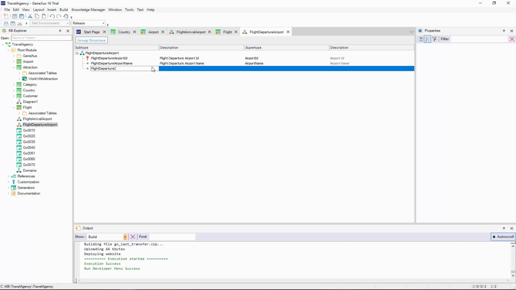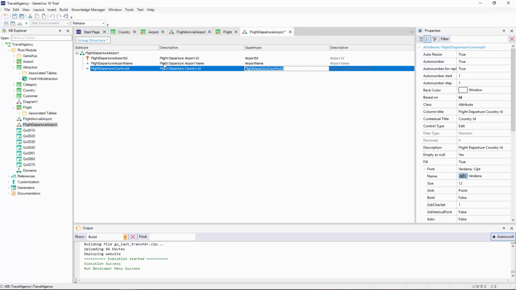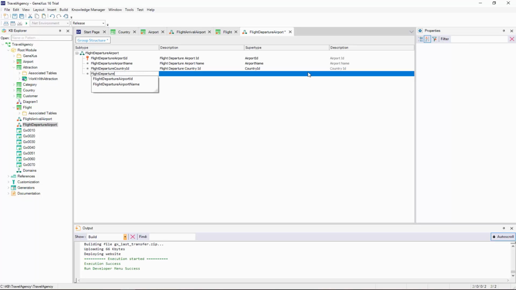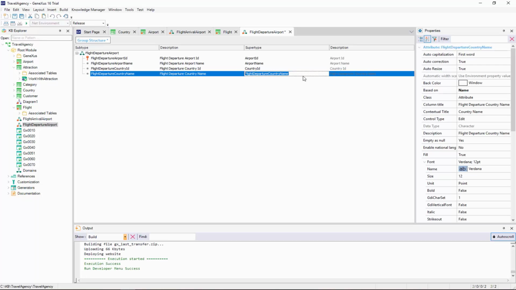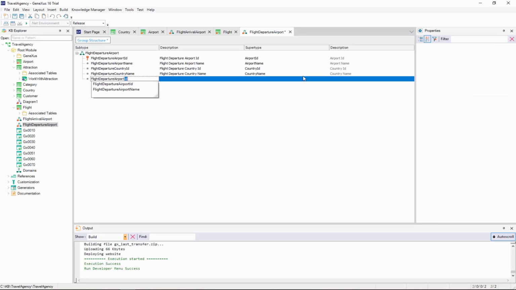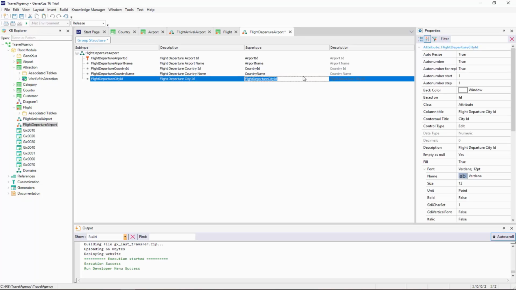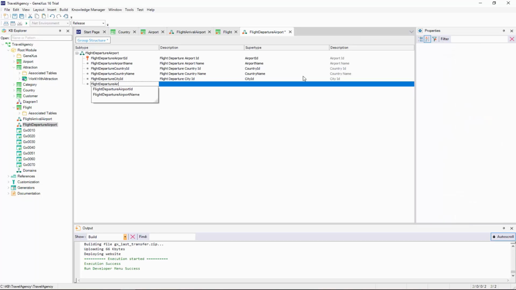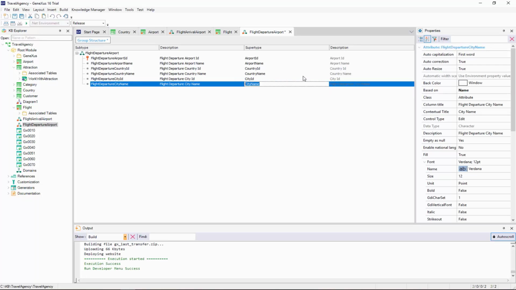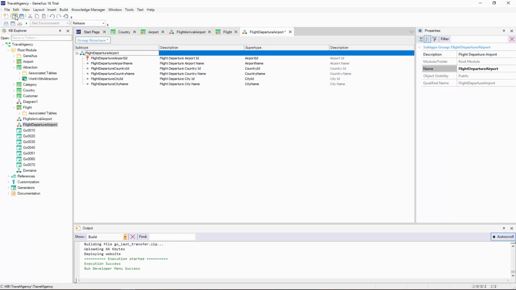In this group of subtypes, we will define the following attributes: flight departure country ID as subtype of country ID, flight departure country name as subtype of country name, flight departure city ID as subtype of city ID, and flight departure city name as subtype of city name.